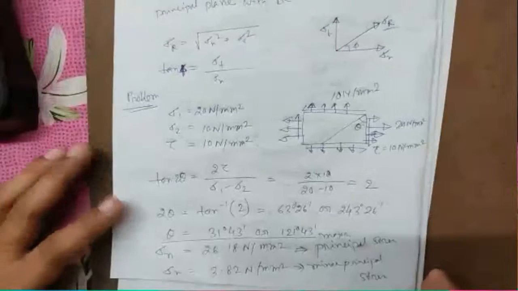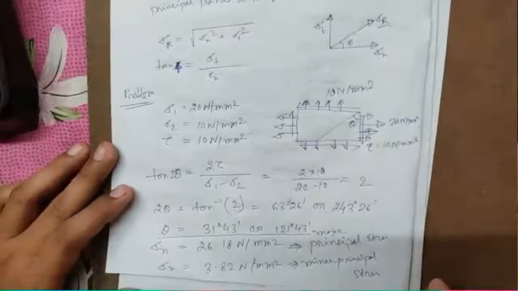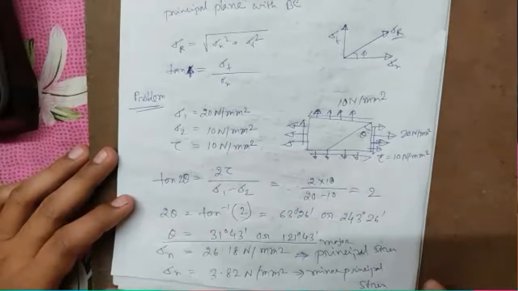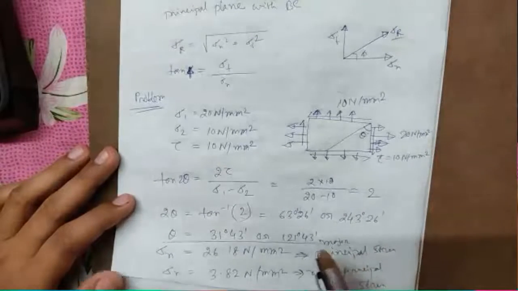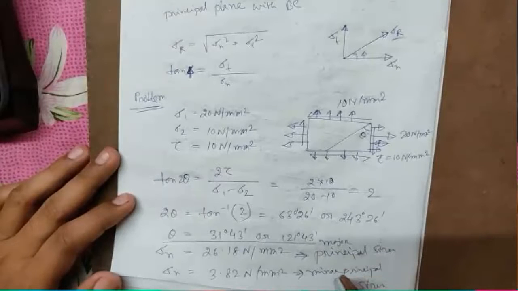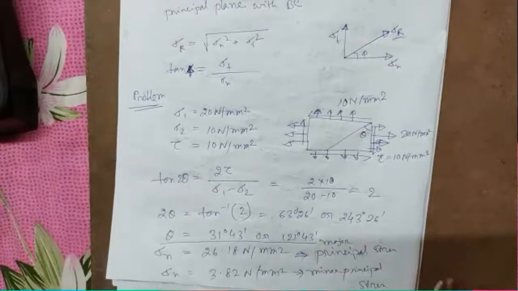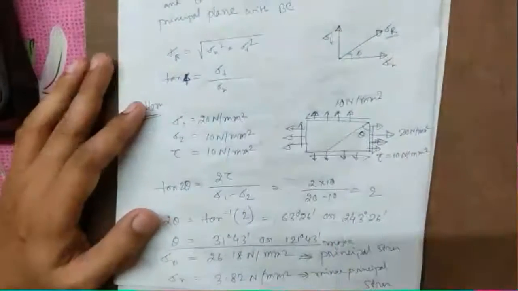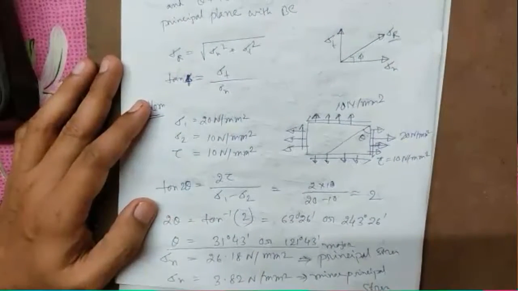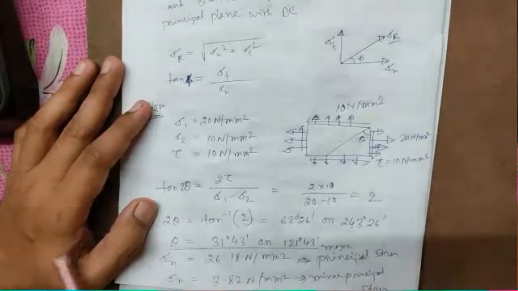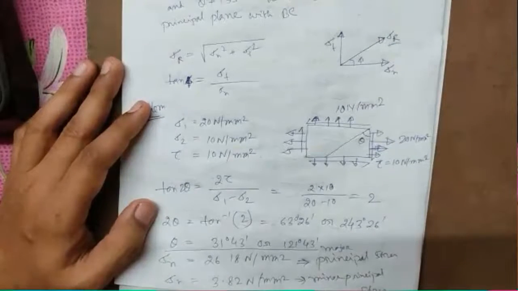Now in last class we have done the analytical method, and we have found out the tangential stress, the normal stress and the resultant stress on a plane which is at an angle with the vertical plane. Now today we will learn the graphical method, which is very easy and interesting,